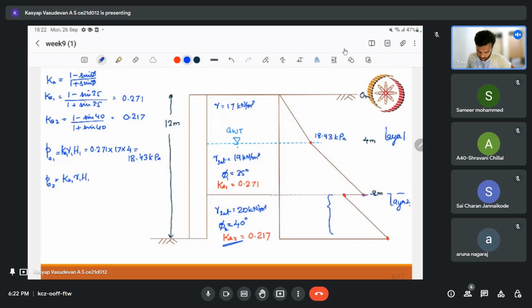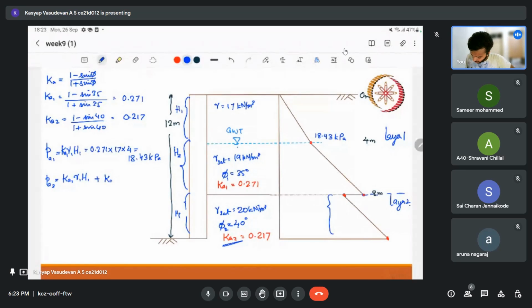That is the contribution from the first 4 meters. Okay, so here let me write this as H1, H2, and H3. All are 4 meters. So the second layer, that is below the water,